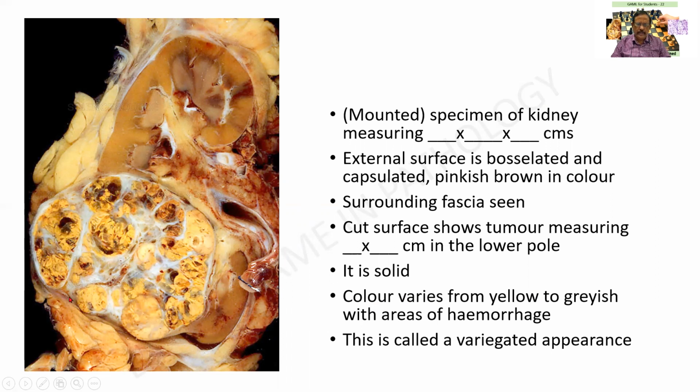I am finding yellowish color, and there is a paler color over here. There are grayish black areas, and more so there will be reddish areas, areas of hemorrhage. So there will be a play of colors, particularly when a surgeon resects the specimen. This is called a variegated appearance. You write variegated, you score a mark. Even otherwise, it is asked as an MCQ. And see here, the tumor is bulging away from the normal kidney. This is what we call a bosselated appearance.